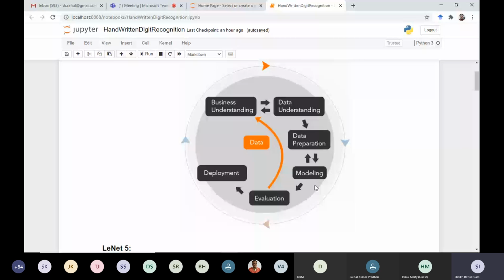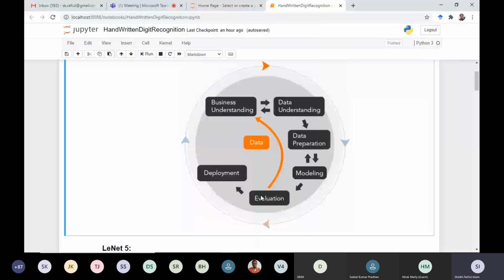And you have built a model, you have trained that model. Now the task is to evaluate the model, the performance of the model. As well as you need to communicate with the client whether the service provided by the model is satisfying their requirement.